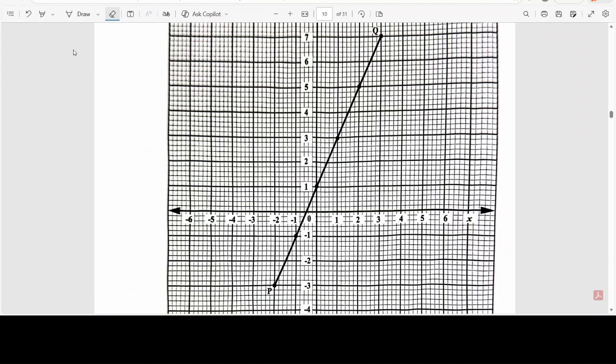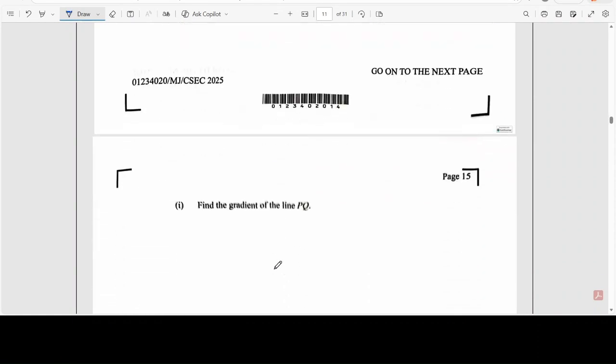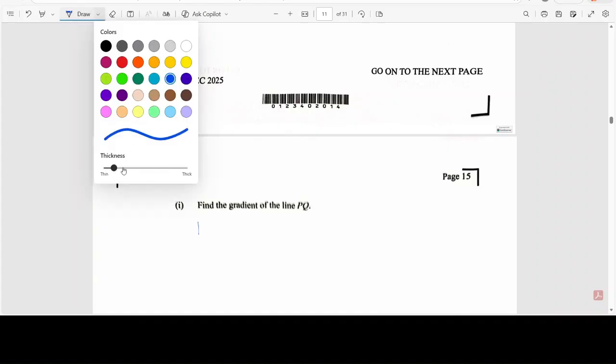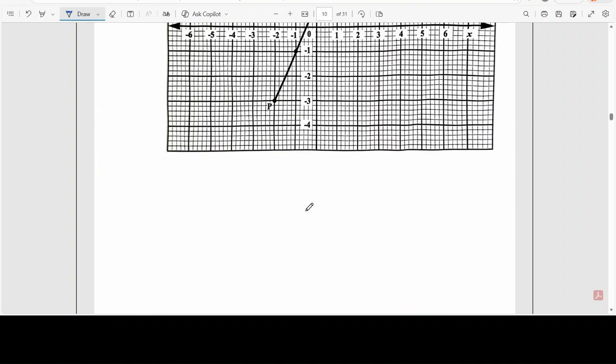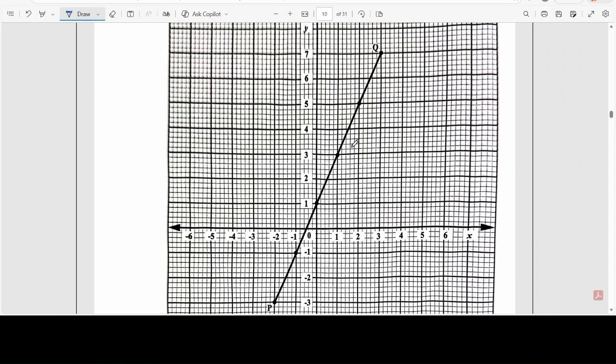So the first thing we need to do is get the coordinates of each point, right? So what is the coordinates of P here? What is the coordinates of P? -2, -3. -2, -3, right? So let me write that in space here. So the coordinates of P is -2, -3, and then we need to get the coordinates of Q. Coordinates of Q is